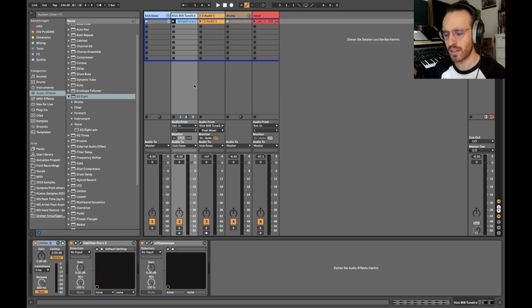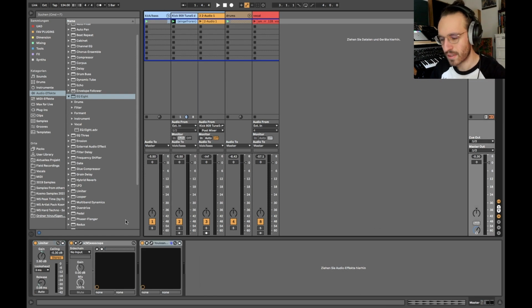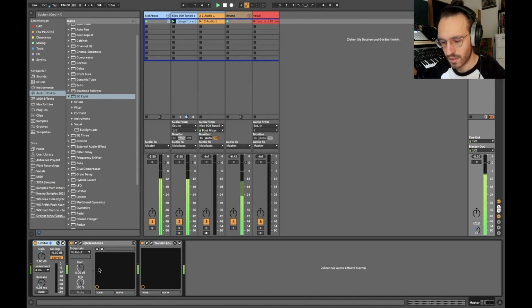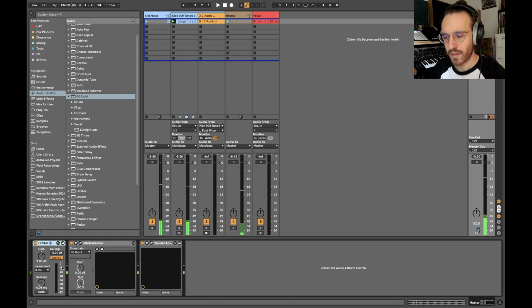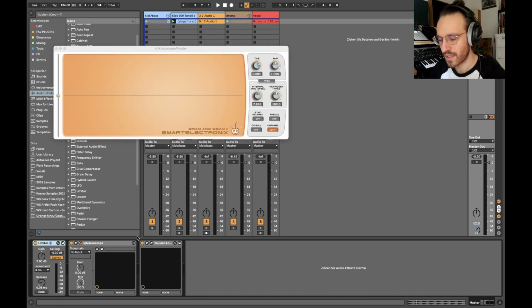So we will have a lot of gain reduction there, and everything will feel much louder if we put a limiter on. Usually we have limiters on the master, right? For example, here I have a limiter. If I let the beat roll, you can see that with every hit, the kick and clap together trigger the limiter, and it gets limited. If we have a look at the oscilloscope now,